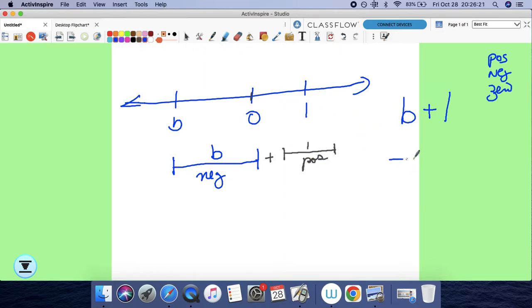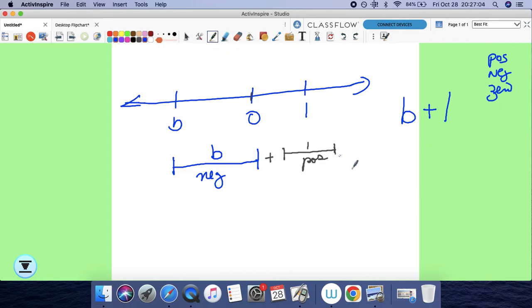One way, imagine we had 8 negatives. So let's say this was B, and I'm just making this up. And the positive was 1, or however it was. All I know is that the positive had a smaller absolute value. Well, can we make 0 pairs? Yeah, this and this would be 0, this and this would be 0, this and this would be 0, this and this would be 0, this and this would be 0. What am I left over with? I'm left over with a negative value, right? So you get the idea. I'm just using an example. I know that the negatives have a bigger absolute value than the positives. So